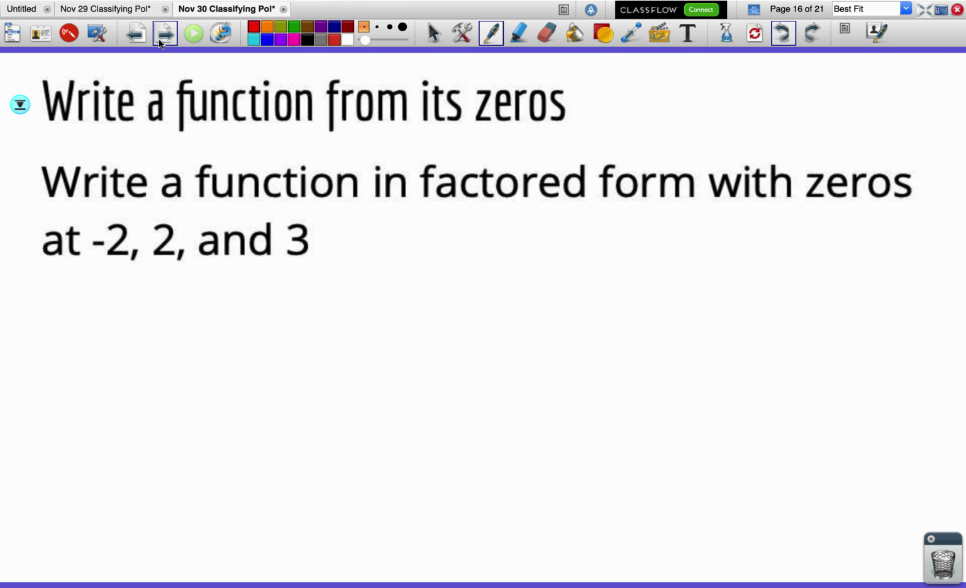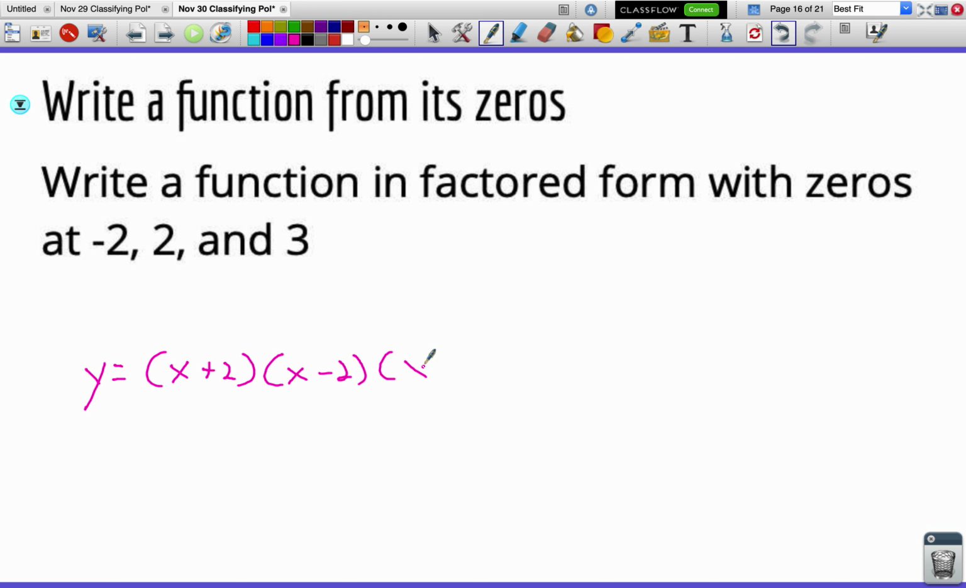All right. Now, if you are just told the zeros, you can go ahead and write a function by just reversing that zero product property. For there to be a 0 at -2, then there's probably a factor of x plus 2. So that when I plug in a -2, this becomes a 0, and we've got an x-intercept. If I see a positive 2 here, I'm going to put an x minus 2 to make sure that this number triggers a